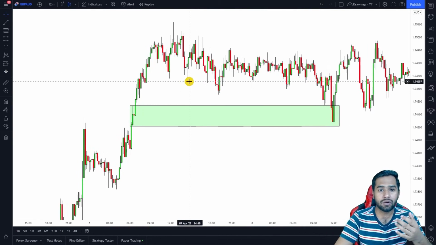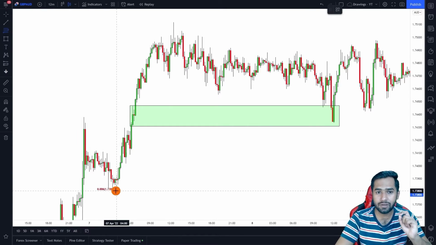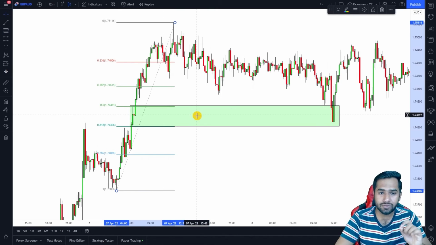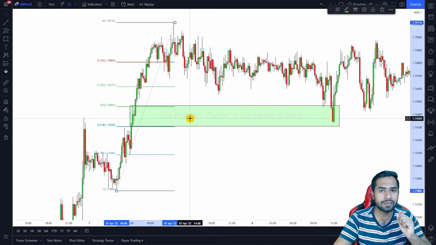And now, as I was saying, we're going to combine 2 trading setups. The first one is this demand zone, and the second one is going to be the Fibonacci zone. So if I take the Fibonacci tool and draw from this wave, from this swing low to swing high, we can see that the Fibonacci zone is also forming at the same area where the demand zone is forming. So what that means is now we have combined 2 trading setups, or we have added a confluence of a demand zone to our supply and demand. Okay,